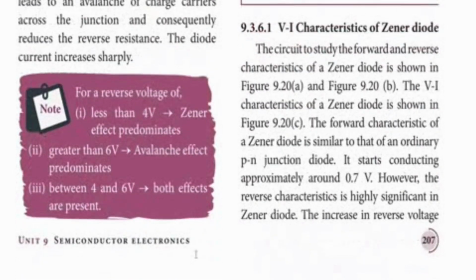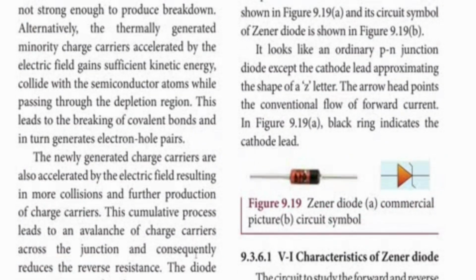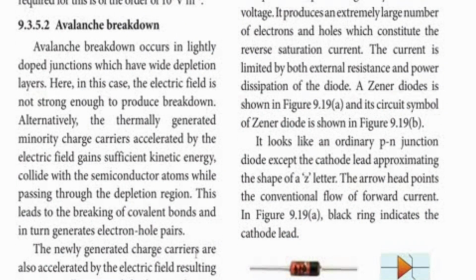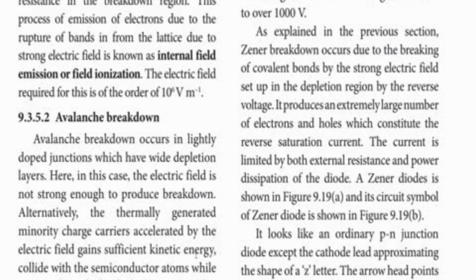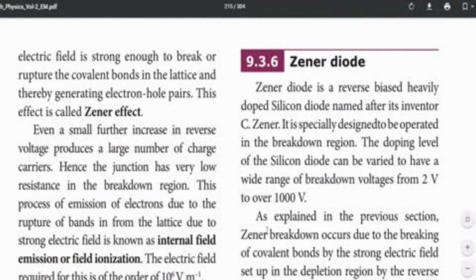So two types of breakdown. One is Zener, another one is avalanche. Zener breakdown occurs only in the Zener diode because it is heavily doped. Avalanche breakdown occurs in the PN junction diode. So that PN junction diode, now we are going to see the